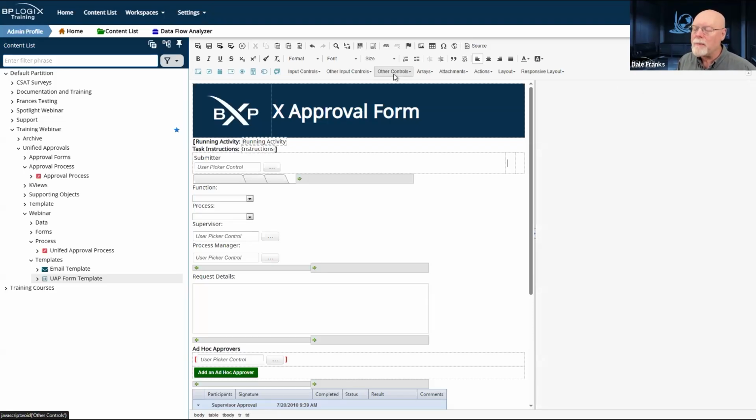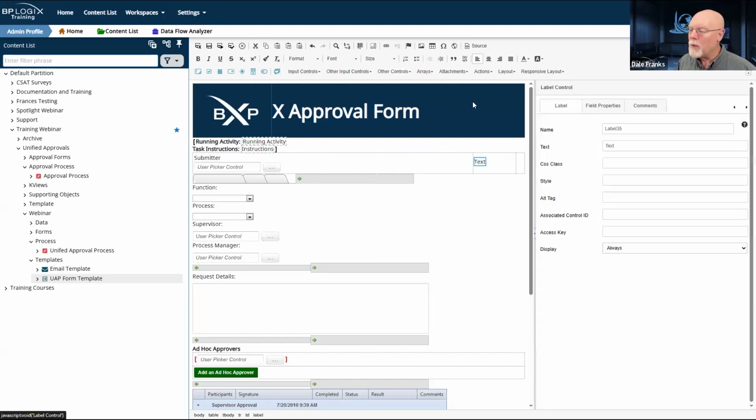So once again, we'll need a label control. We'll call it submission date label. The text will be submission date. And I did not put the colon after submitter, but oh well.